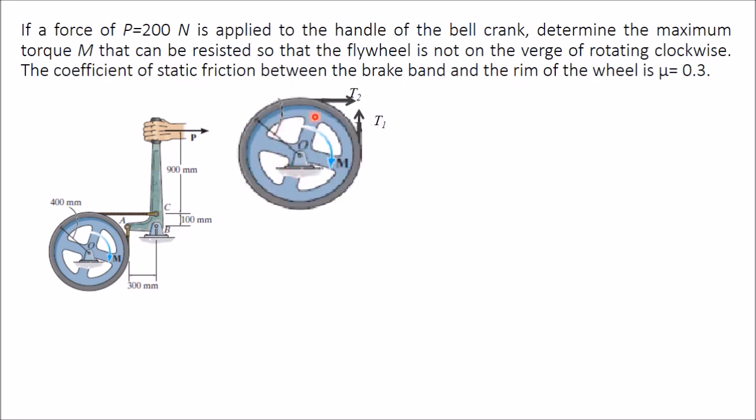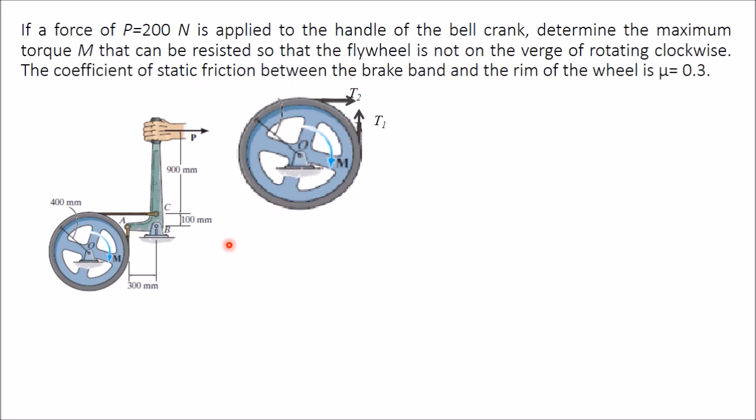Now this is the free body diagram of the drum. I have removed the supports, so you will get two tensions in those two parts of the rope. One part of the rope here, one tension, and another part of the rope is this one, this tension in the direction of the rope only. So this is the direction of the rope, so you will have to draw tension in this direction, and this is the direction of the rope, you have to draw tension in this direction only.